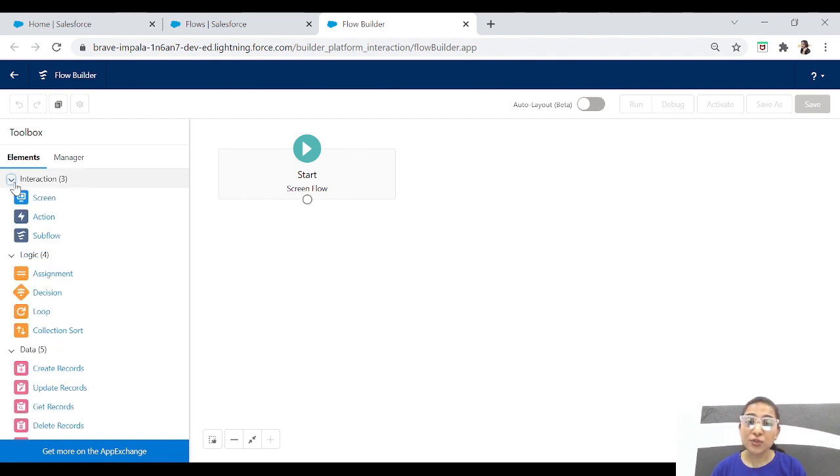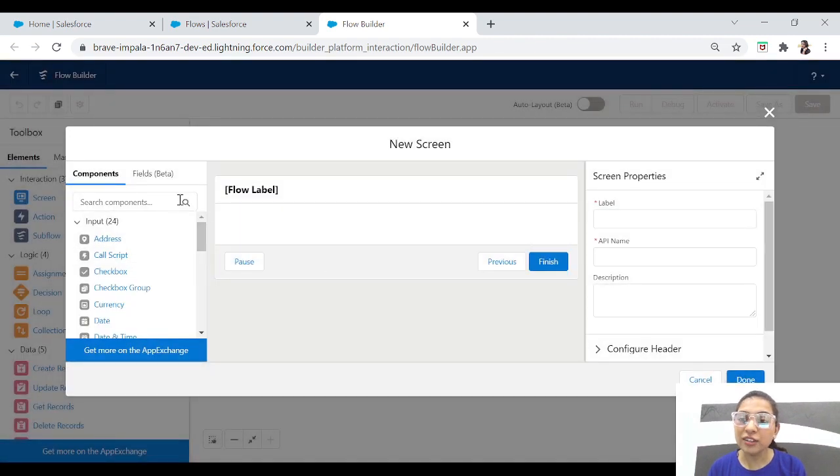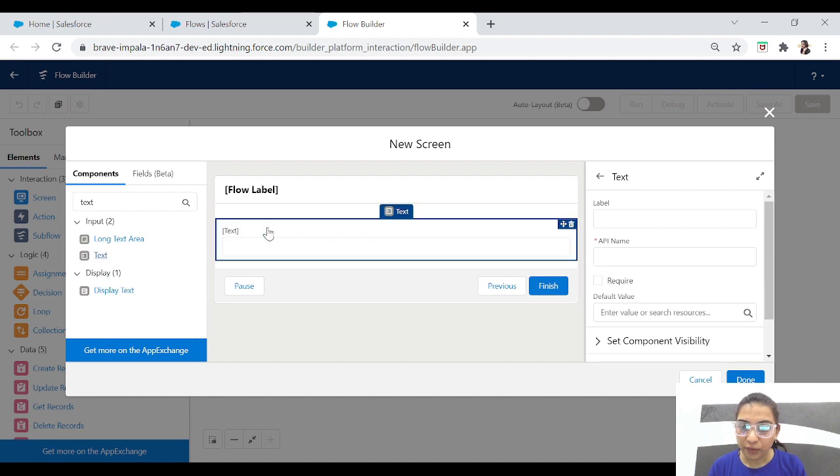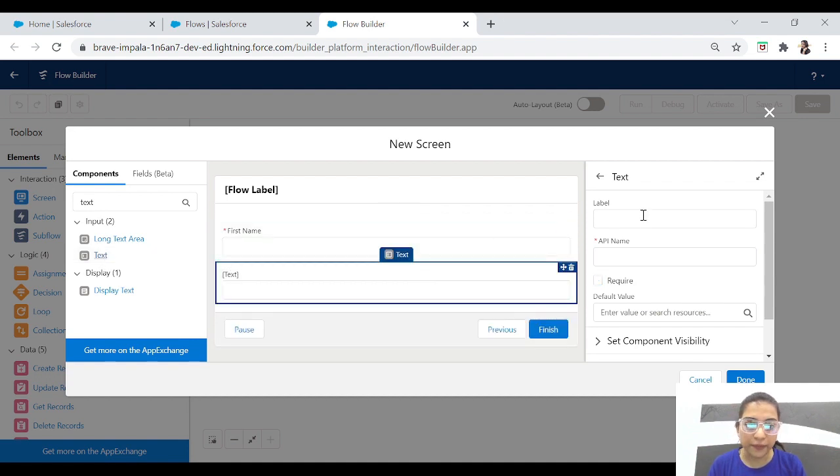What we are going to do in this video is create an account record and its related contact record also. So first of all, let's drag and drop a screen element, and here we'll add a simple text box for account's first name and last name. We'll give it a name, first name, required, and we'll take last name.